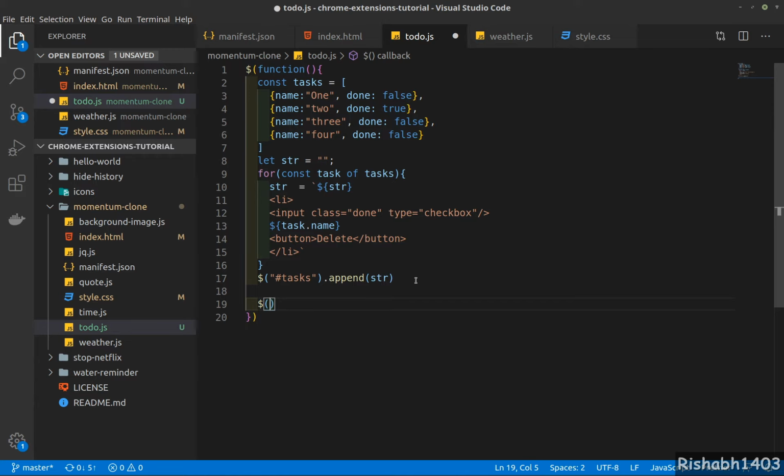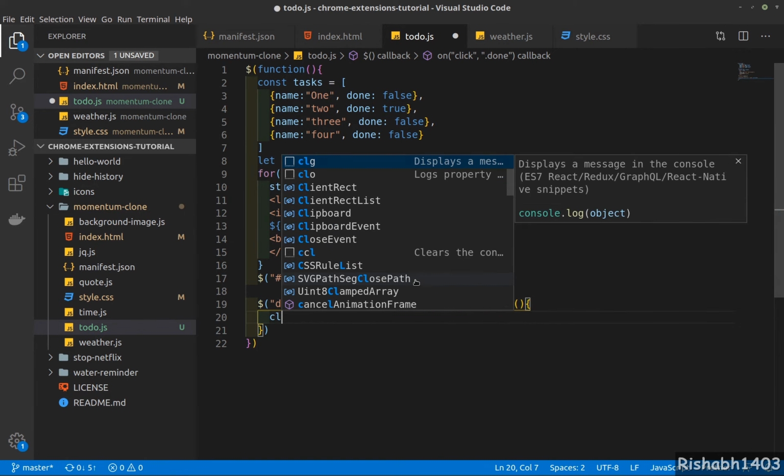Since these elements are dynamically added into our DOM, we need to have a click handler on the DOM itself, and then we need to read if the click is actually done on the input box. It's done by the on method, dot click, and we need to check for dot done, that is, if something with class done is clicked, and last is the function that you want to execute.